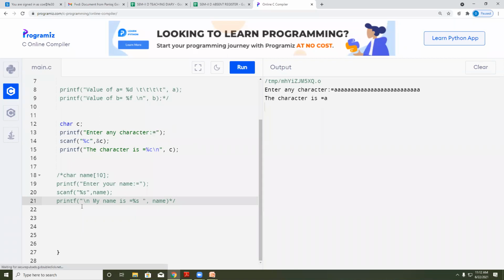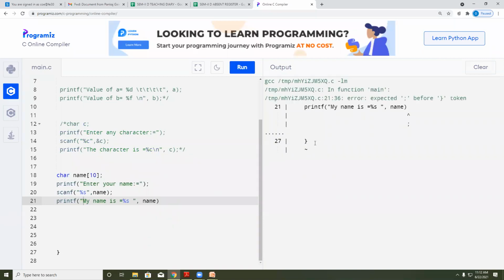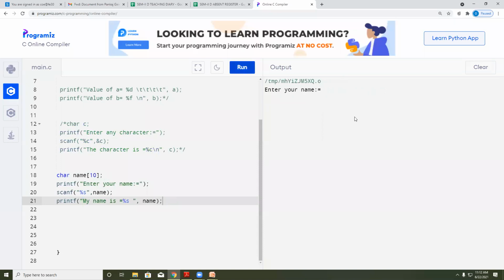See, when you give this at the beginning, I will make this a comment and show you the difference. Now without %s I am using this. I have not put a semicolon.